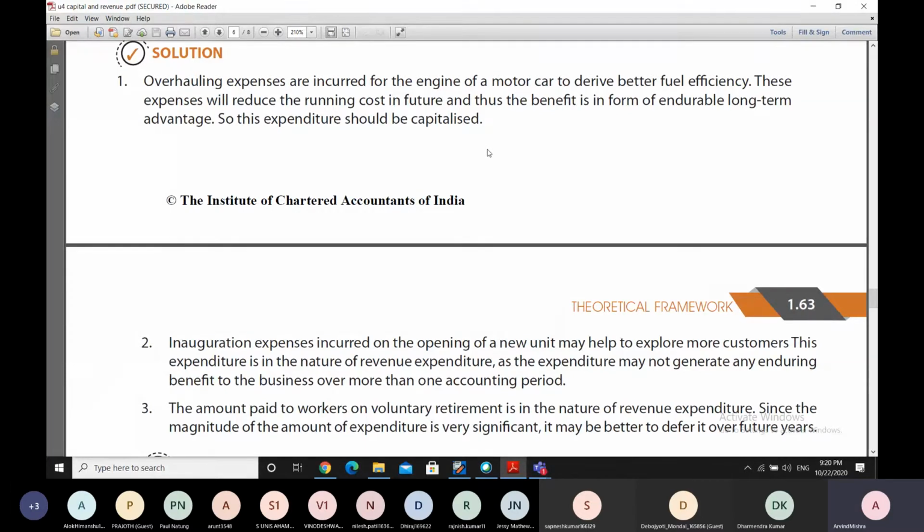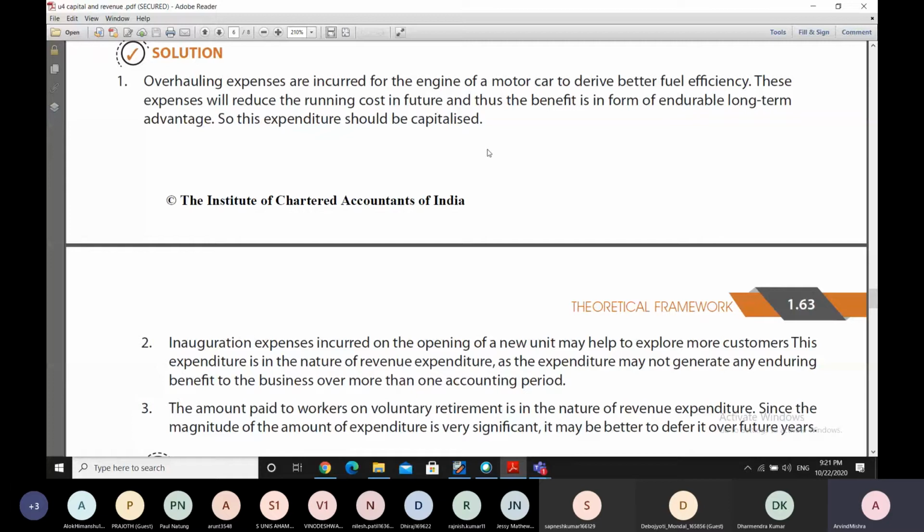Now, when an expenditure is deferred over future years, what we do is that we capitalize it in the first year, and we treat it as revenue expenditure over a period of time, let's say 4 years or 5 years or 6 years. So part of it which is being debited to the profit and loss account in this year will be treated as the revenue expenditure. The remaining part will be treated as a capital expenditure, and it will be deferred over